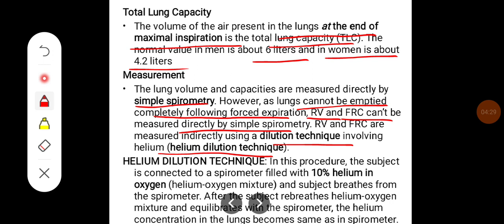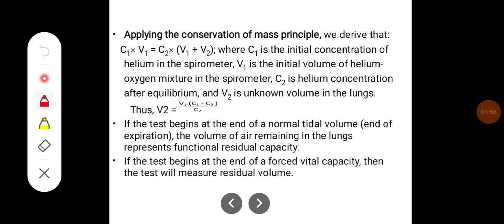In the helium dilution technique, the subject is connected to a spirometer filled with 10% helium in oxygen, which is called a helium oxygen mixture, and the subject breathes from the spirometer. After the subject rebreathes the helium oxygen mixture and equilibrates with the spirometer, the helium concentration in the lungs becomes the same as in the spirometer. So applying the conservation of mass principle, we arrive at C1 V1 equals C2 into (V1 plus V2),